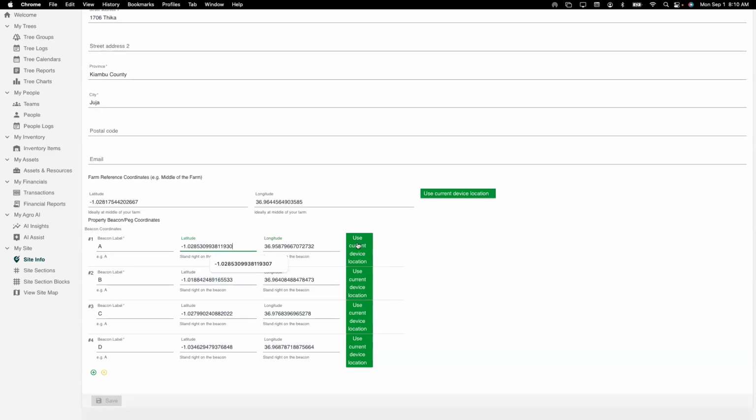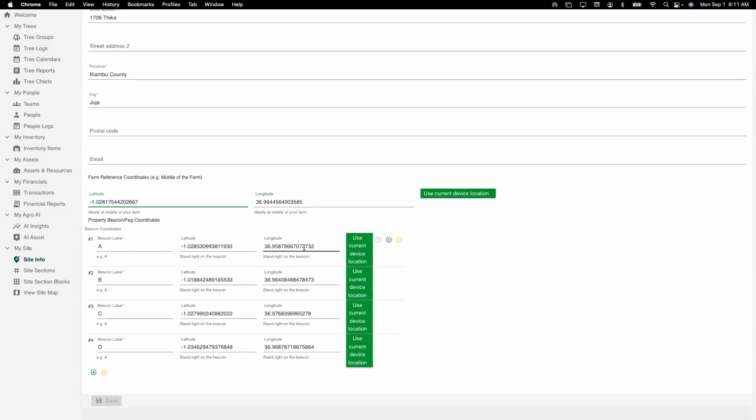If you're using the app to capture, you can use your device essentially to say use the current location. Let's say you're at your farm, you want to do it quickly. You come to the field, you click on use device current location. Our app is going to prompt to say, do you accept that we capture the location? And if you say yes, it'll get the value of the coordinates exactly where you're standing, and it will populate